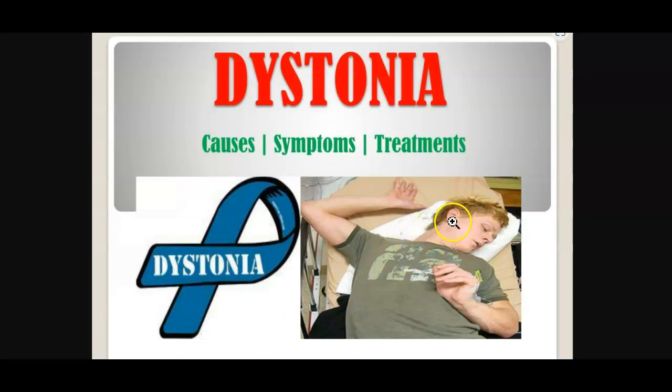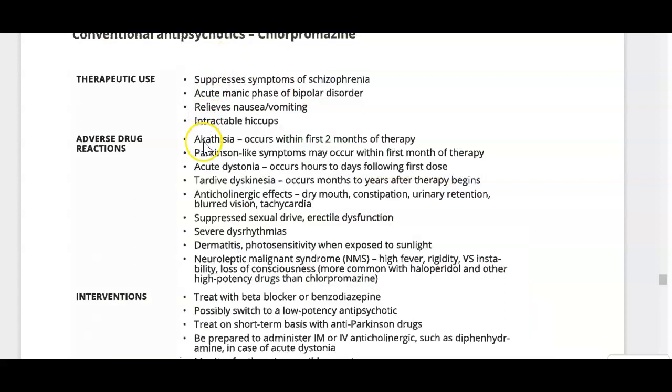I just found this on the internet, and you can see how it makes the muscles really rigid, and this can become permanent. Okay, so it's a big deal adverse effect, and you pick up on it by noticing when they start to have a little bit of tremor, a little bit of odd muscle movement, and if we can intervene when it's early, then it won't progress into what we're really truly concerned about, and that is this tardive dyskinesia. And this occurs months to years after therapy begins.